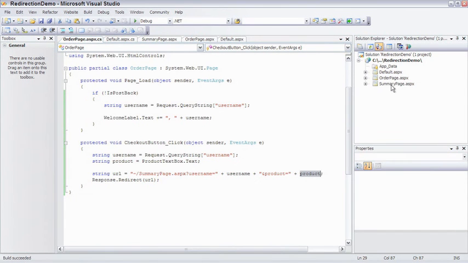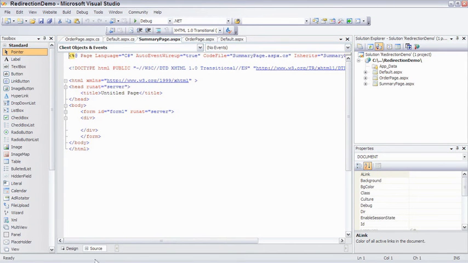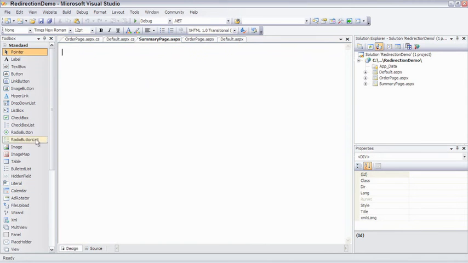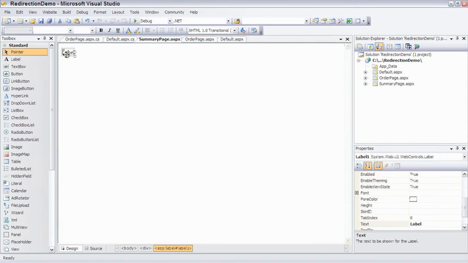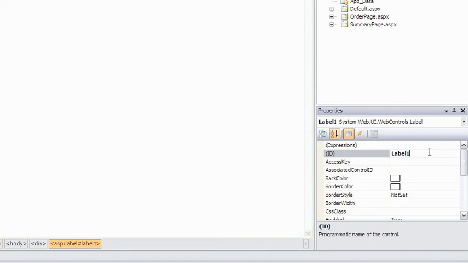Okay, so let's do that. Let's go into Solution Explorer and select SummaryPage.aspx. Let's double click it. Okay, so it's fairly empty at the moment. In the design view, let's add a label. I'll put it there. And let's just make the label a little bit nicer to look at. So we'll change the ID of the label to be summary